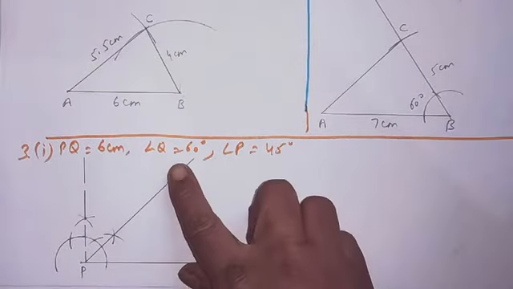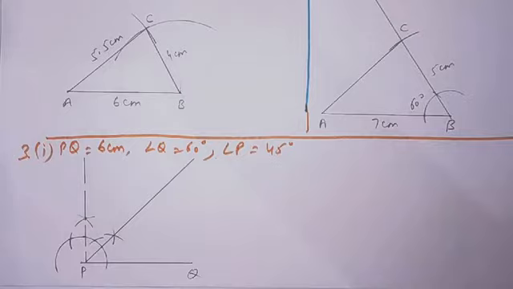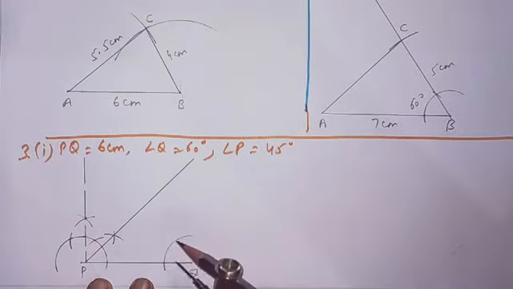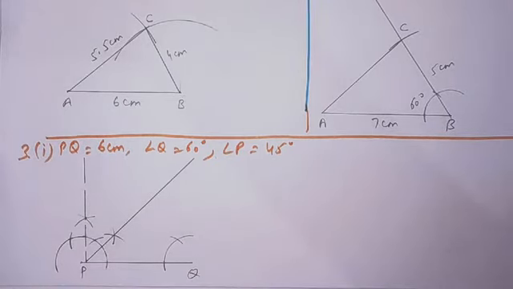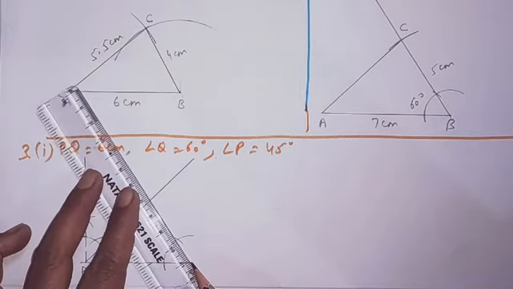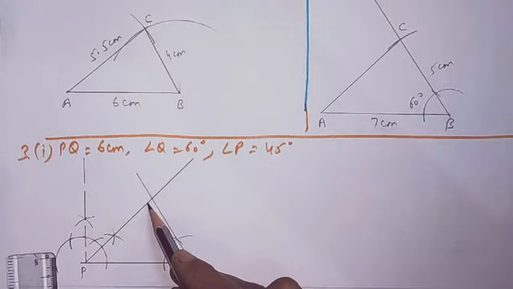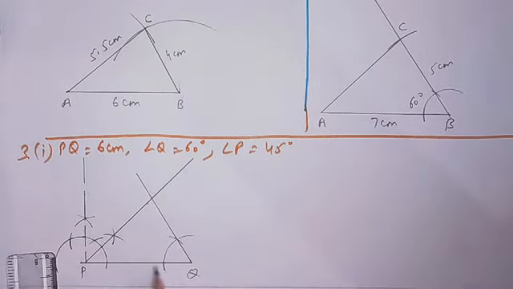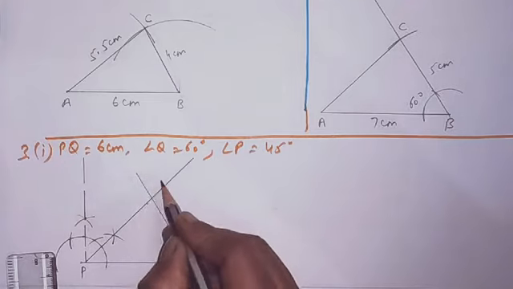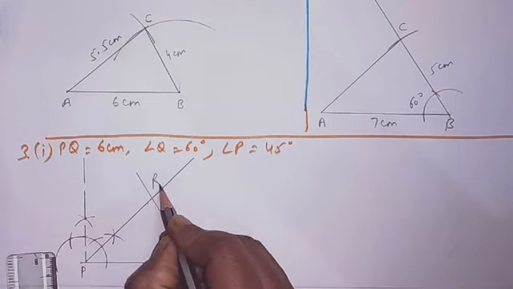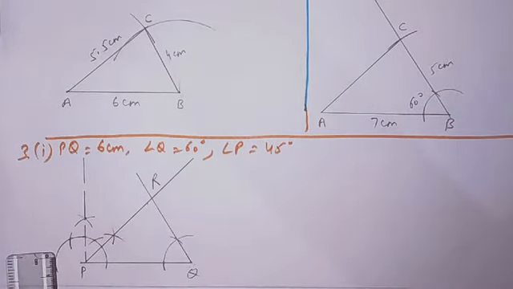Okay. Now at Q, I have to construct angle of 60 degree. 60 degree as you have seen before also. One arc like this and other like this. Now the point at where these two angles intersect each other, that will be your third point of the triangle PQ, and this one will be R. Okay. So this is triangle PQR. Third condition, when one side and two angles are given.